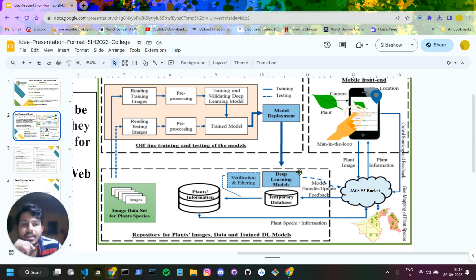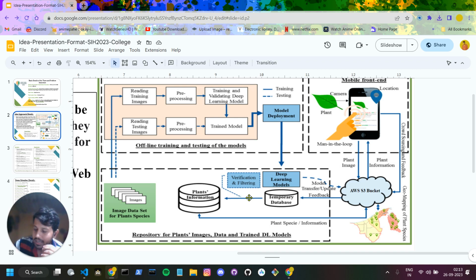species, then the model will update the AWS S3 bucket that this is the species, and it will also filter the species to the Wikipedia API. There will be an API call for that, as we will be inquiring the information of that particular species from the Wikipedia API, when the model finds that the plant inputted by the user belongs to this species. Then the model will send the species information to the Wikipedia API to search about that species,